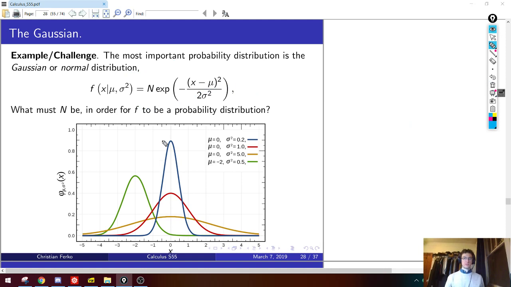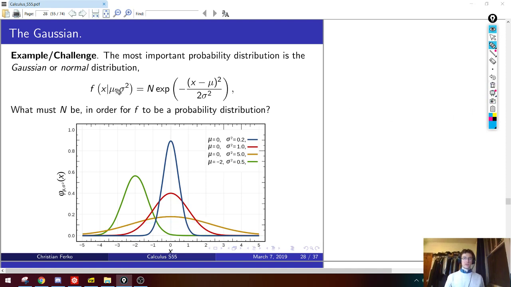So anyway, here are some pictures. The blue one has the mean, which is the average, being 0. So you see it peaks at wherever mu is. This guy peaks at 0, and sigma squared controls the spread. So this blue guy has a spread of 0.2, so you can see he's pretty skinny. The yellow guy at the bottom also peaks at 0, but he has a spread of 5, so you can see he's much fatter. So those are the two parameters.